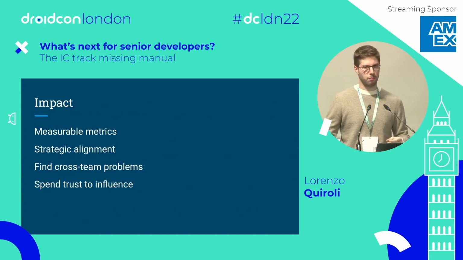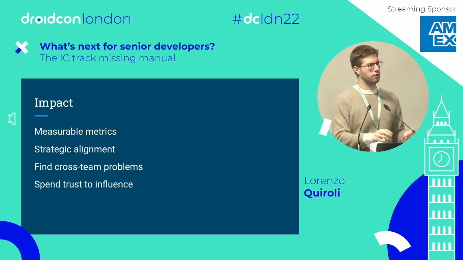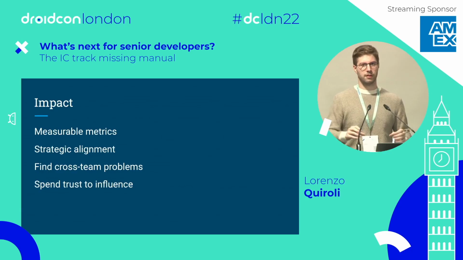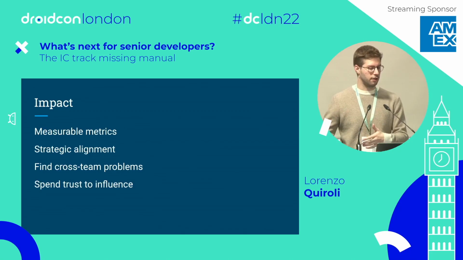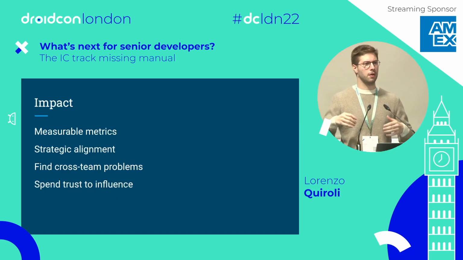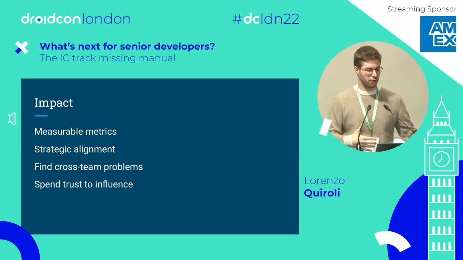Also, finding cross-team problems. As a senior developer, you are expected to deliver especially within the team, and finding problems that span across multiple teams is a great way of finding that impact. If you are finding a solution to a specific problem, think about, does any other team need this solution? Maybe what you need to do is just raise visibility. When companies become big enough, they lose visibility about what other teams are doing. And raising visibility about what you have done is part of the job.